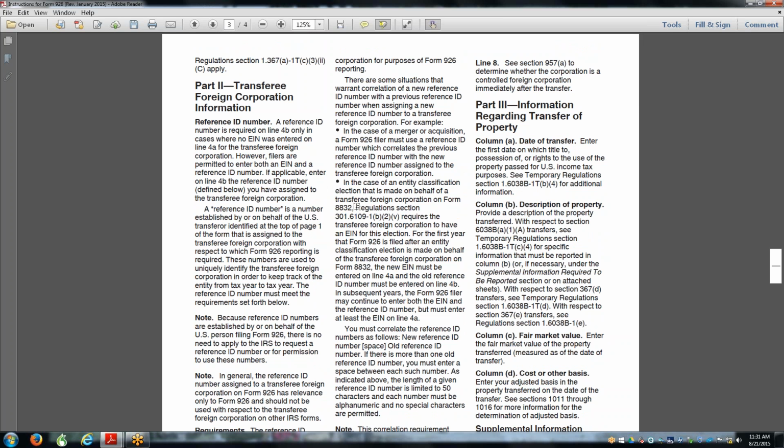Now, we saw before we got to forms the discussion on whether or not a foreign entity is a corporation or trust. That's really important. If you think it's a trust, you file, and it turns out to be a corporation, you have Form 926 after you. If you think it's a corporation, it turns out to be a trust, you have Form 3520 after you. So in my practice, we generally go to the IRS to get a ruling on any type of business entity other than a straight corporation. For even some LLCs in a foreign country can fall into this, what I call a hybrid arrangement. So with that, we're going to go over to the form and get some good planning